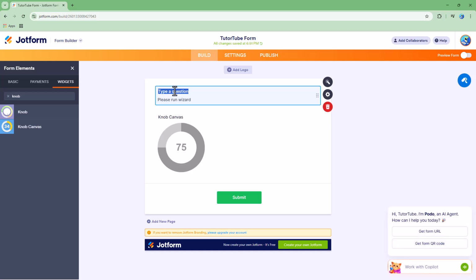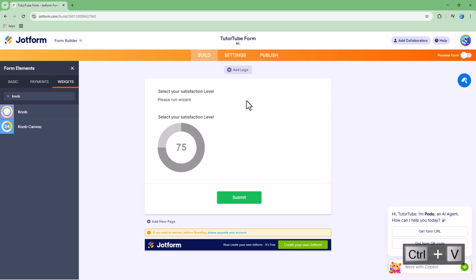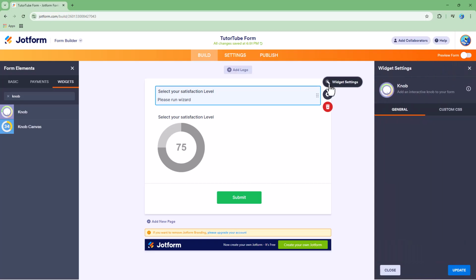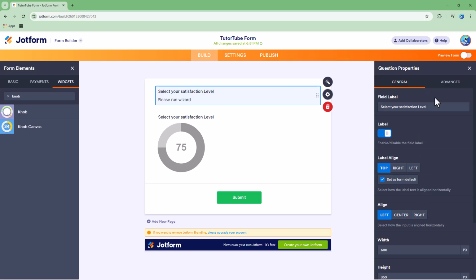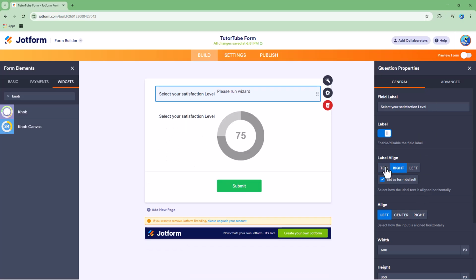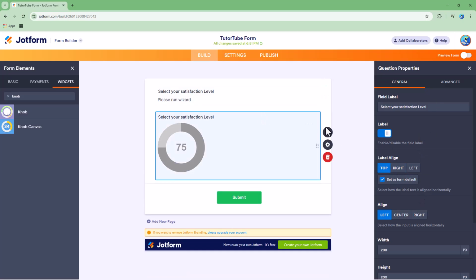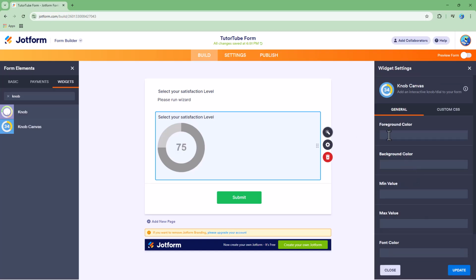So I'm just going to go ahead and say select your satisfaction level right here, just like this. Let's just go ahead and keep both right here. And then if I were to go to the widget setting, you don't really have any option right here, although you do have regular options right here, like alignment and so forth. But anyways, let me just go onto widget setting, and here for this knob canvas, you can see that